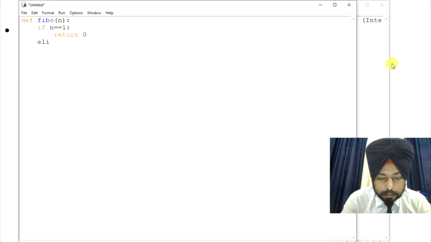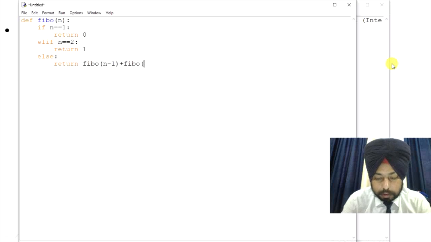If n equals 2, then it will return 1. Else return Fibo(n minus 1) plus Fibo(n minus 2), right?